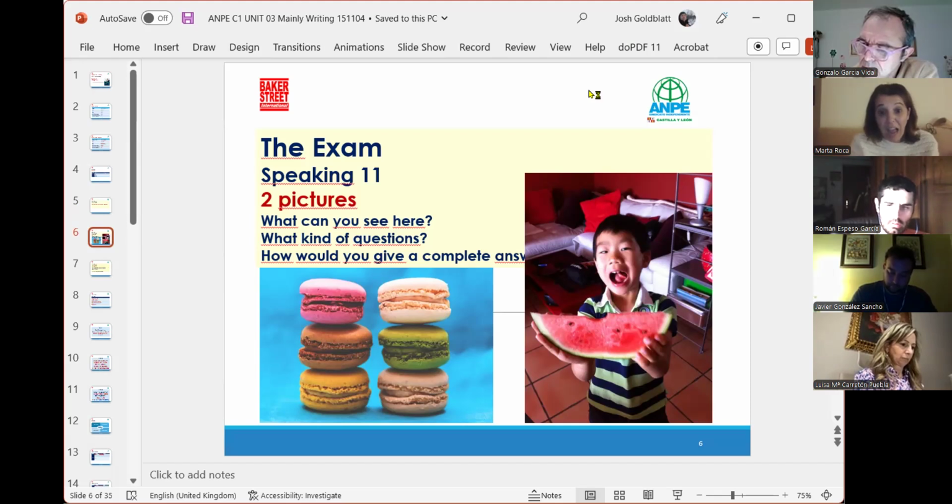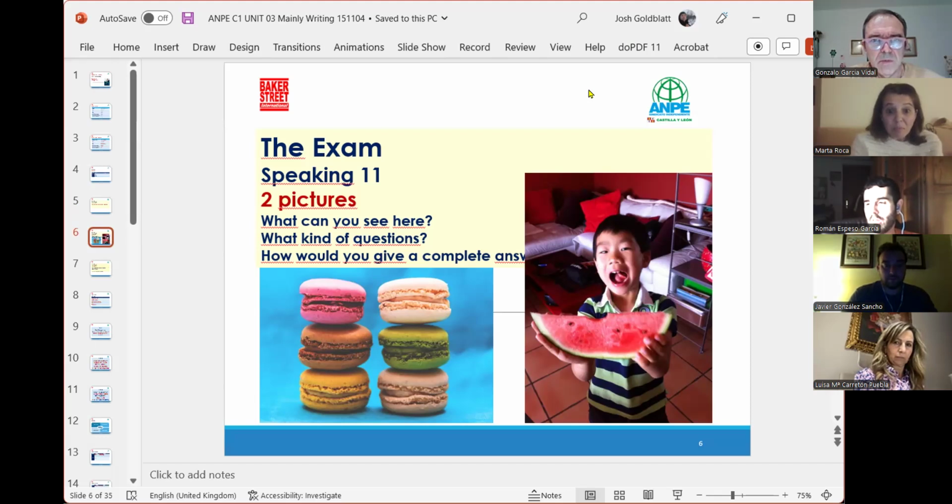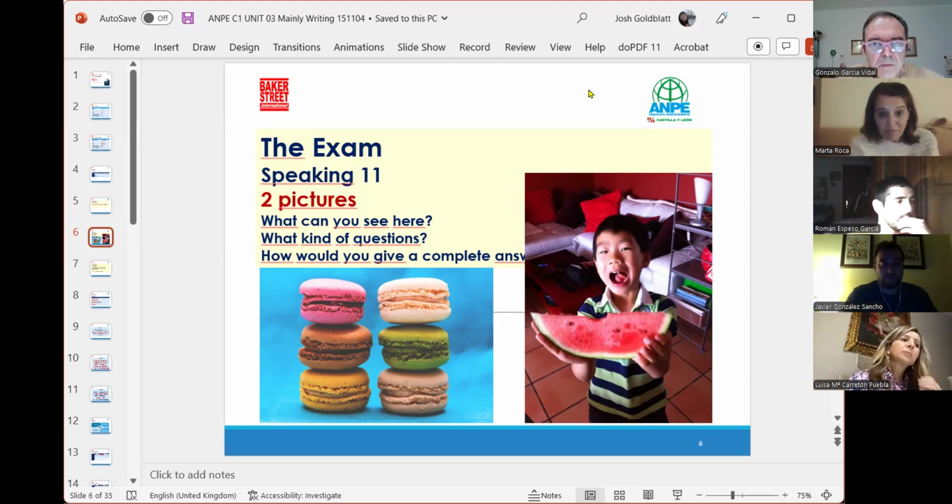Yeah, he looks very happy, and it seems that it's a very healthy way of eating, while the other picture shows a very unhealthy way of trying to feed yourself, because really macaroni they are very good, but they have a lot of sugar. So probably the best option for the kid is to eat the watermelon and enjoy the fruit, and because he seems pretty happy. He's quite happy with his watermelon.